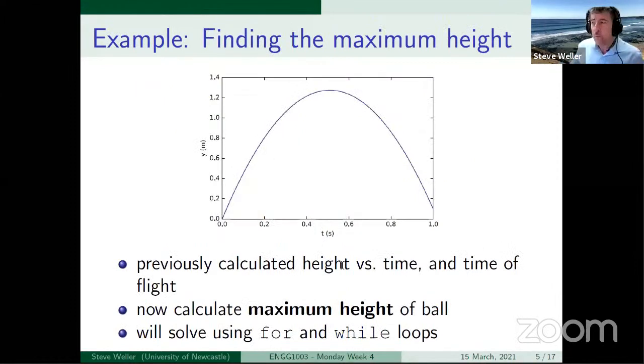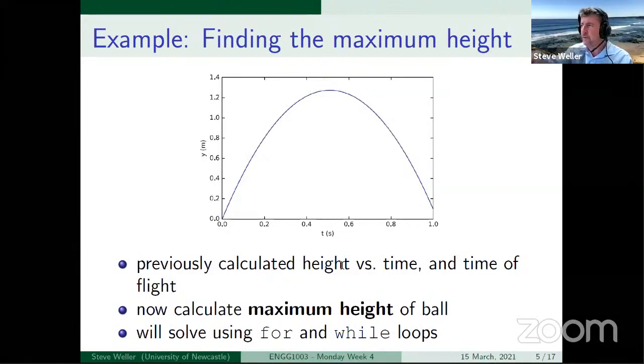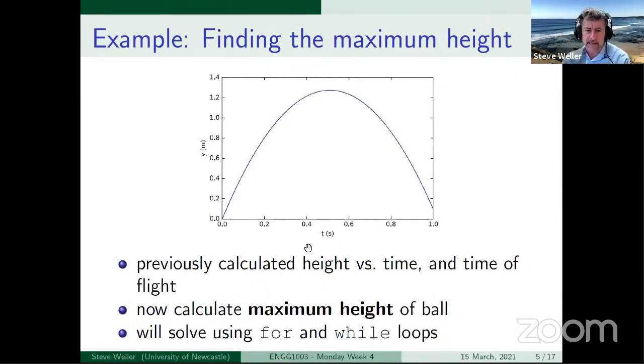And so we're going to look at one final example using a problem setup that we began a couple of weeks ago now, where we kicked a soccer ball in the air and we tracked its height. And we've done a couple of things now. The first was to produce a plot which shows the height as a function of time. We did that a couple of weeks ago now. And last week we looked at the time of flight. We kicked a soccer ball with a certain initial vertical velocity, and we calculated the time of flight by estimating the time at which the curve crossed the horizontal axis.